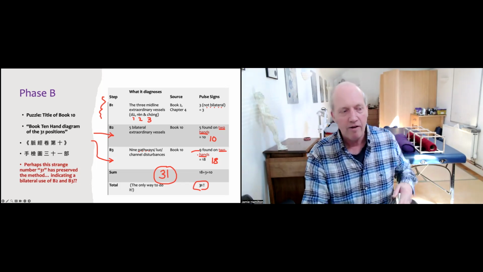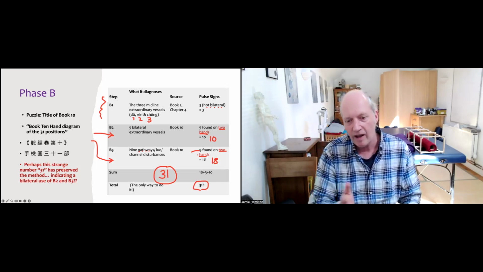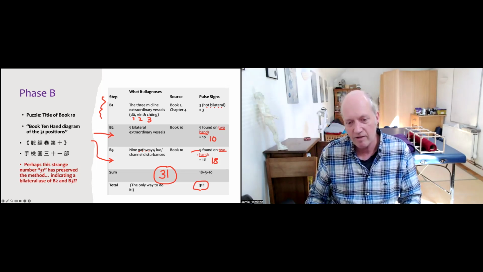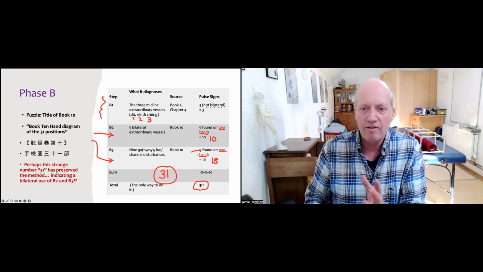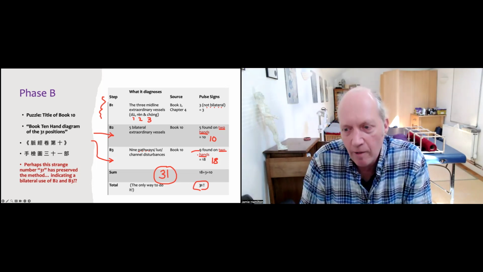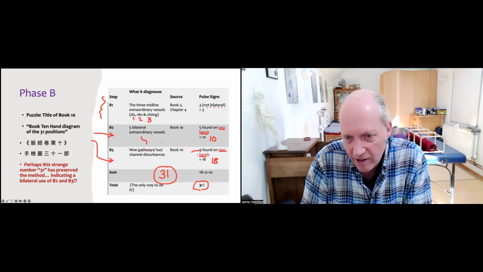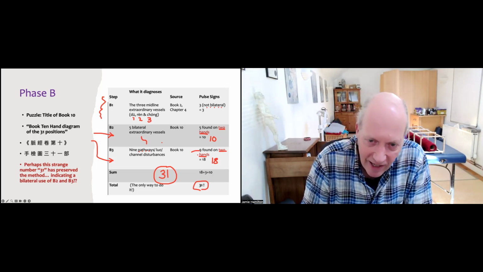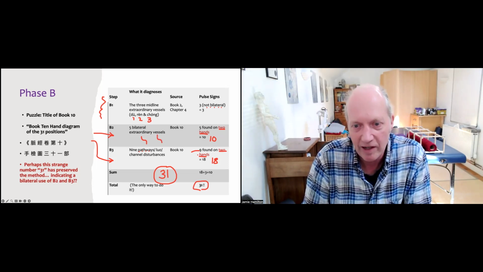So that's why you could easily have, and I often have this, Ren Mai on one side and Yin Chao Mai on the other side. Or other combinations where there's something bilateral going on. You could even have on one side Yin Wei Mai, and on the other side Yang Wei Mai. Sorry, that was the other way. Let's say left-sided Yang Wei Mai and the right-sided Yin Wei Mai. That's what it would look like.